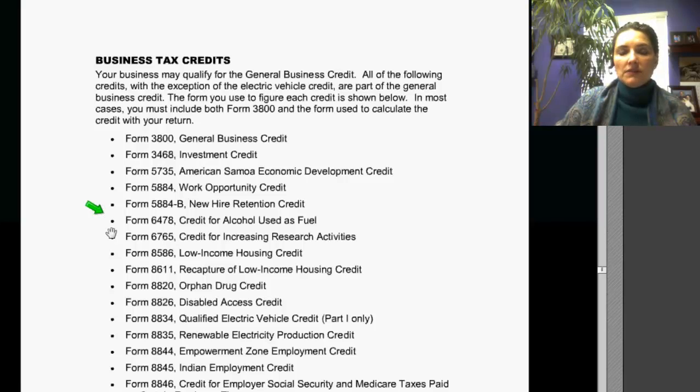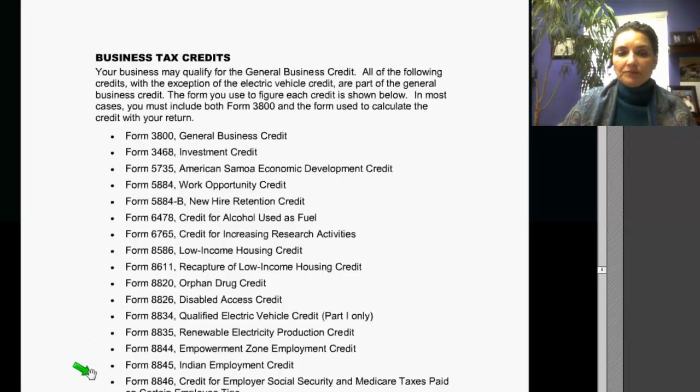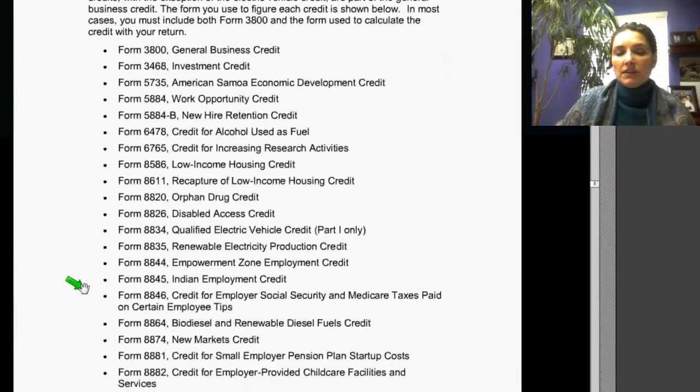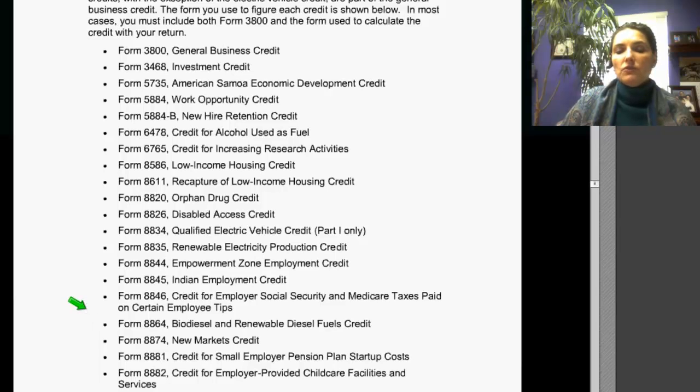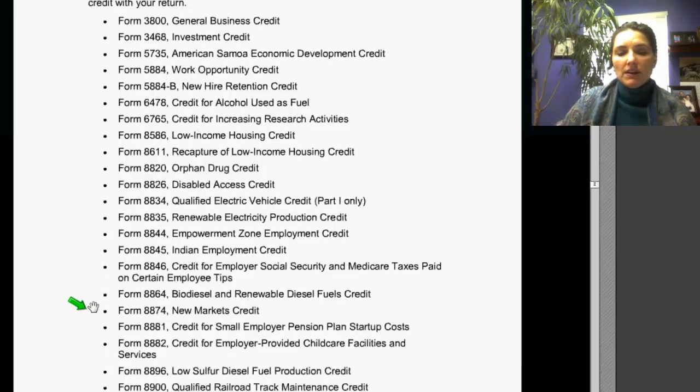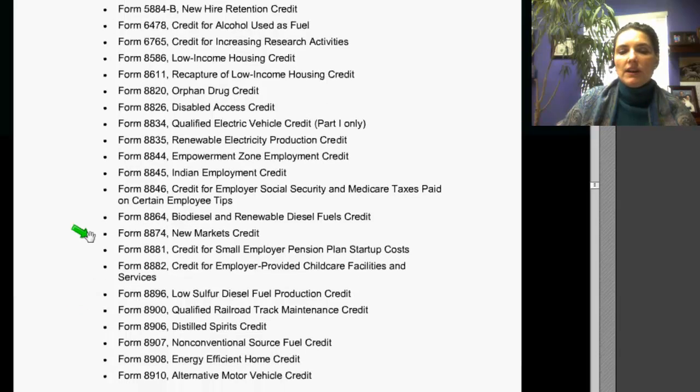for alcohol used as a fuel, the credit for increasing research activities, the Low-Income Housing Credit, the Recapture of Low-Income Housing Credit, the Orphan Drug Credit, the Disabled Access Credit, the Qualified Electric Vehicle Credit, Part 1 only, the Renewable Electricity Production Credit, the Empowerment Zone Employment Credit, the Indian Employment Credit, the credit for employer Social Security and Medicare taxes paid for certain employee tips, Biodiesel and Renewable Diesel Fuels Credit, the New Markets Credit, the credit for small